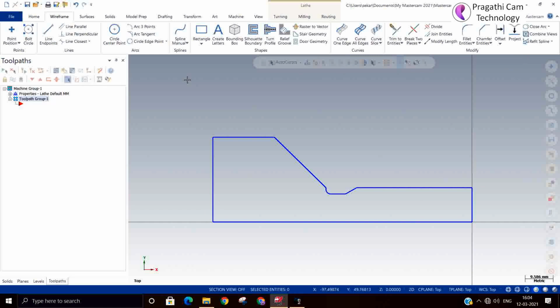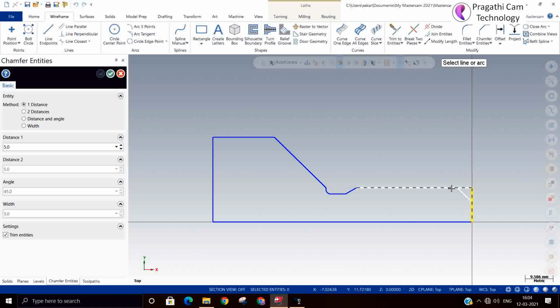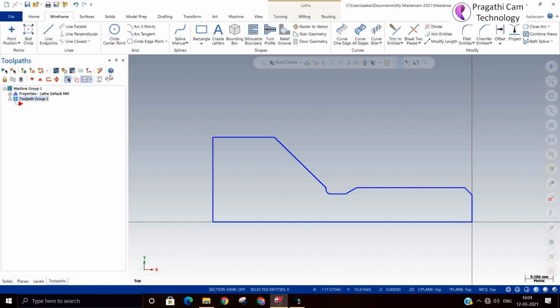We want to add a chamfer in threading. The initial part should be a chamfer. This will help in engaging the nut in the thread easily. And you can see in all threads the start will be a chamfer.